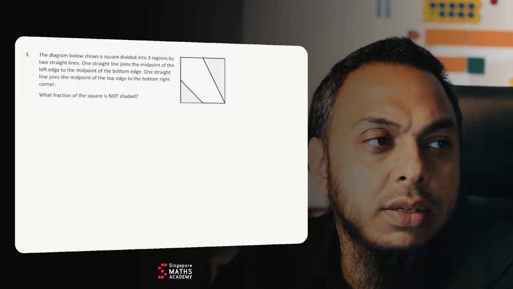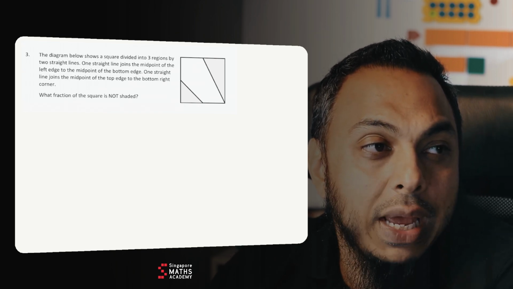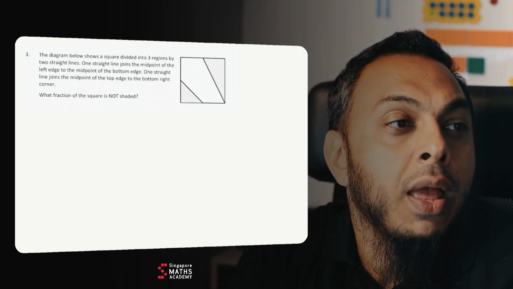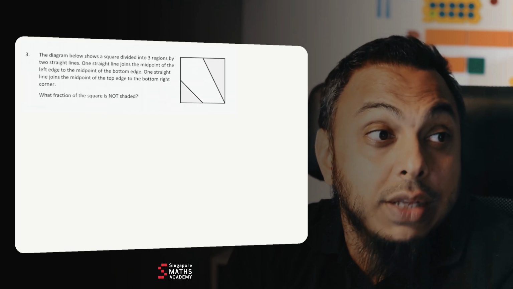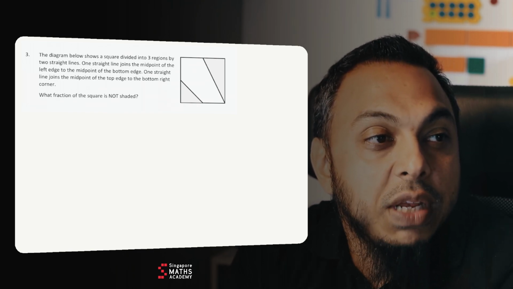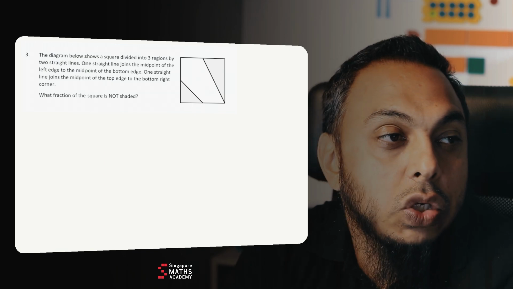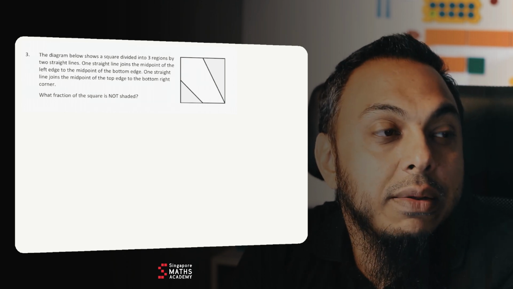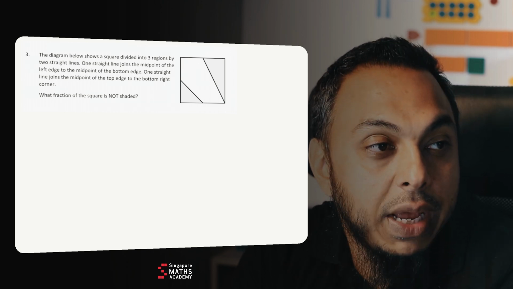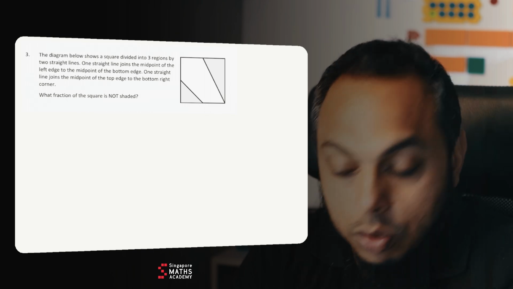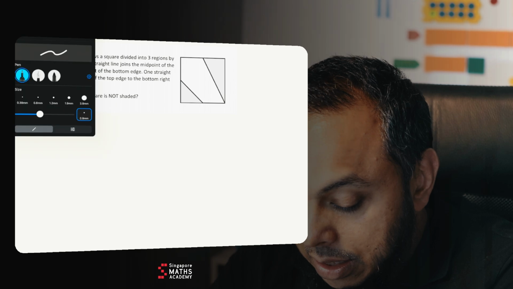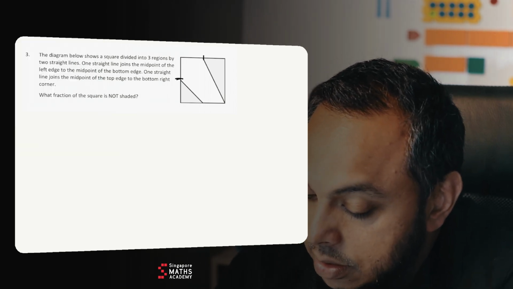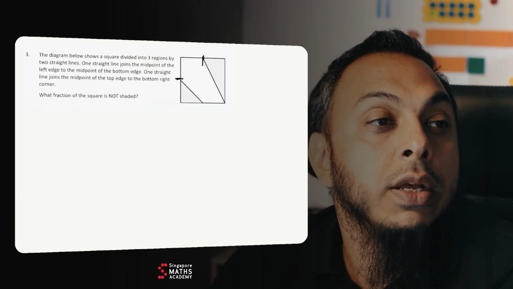The question is: the diagram below shows a square divided into three regions. You can see the three regions there. Two straight lines: one straight line joins the midpoint of the left edge to the midpoint of the bottom edge. One straight line joins the midpoint of the top edge to the bottom right corner. So what we've been told is that these two points are the midpoints. This is a midpoint, this is a midpoint. Now that we know that,